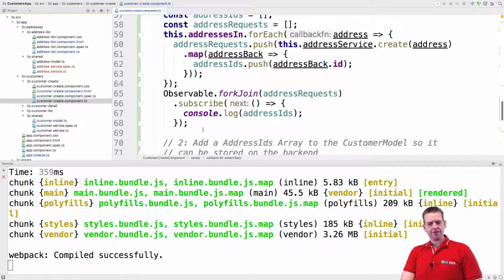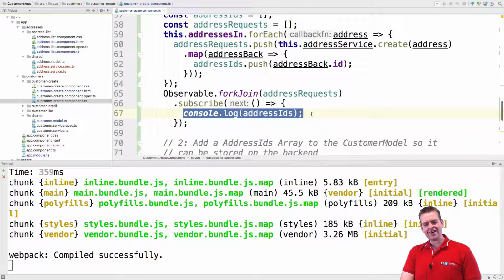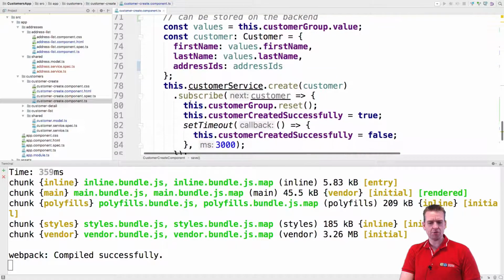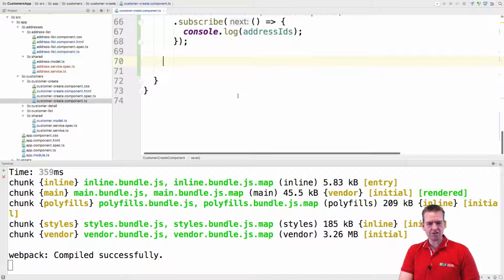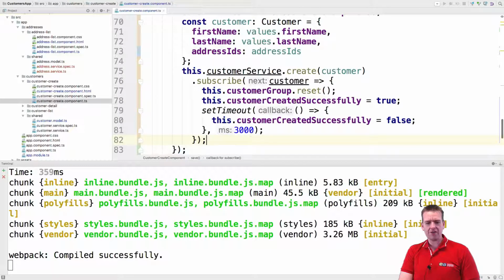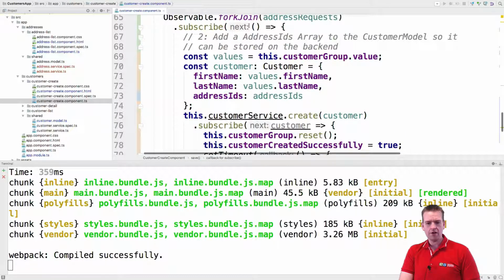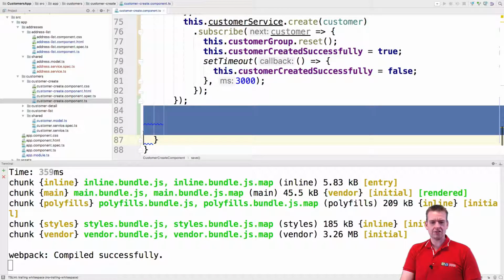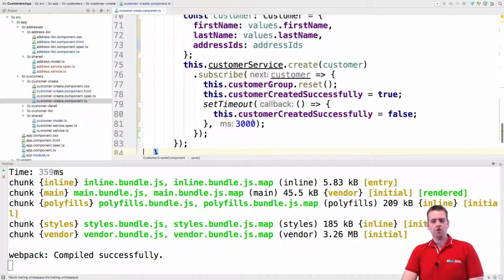So we just proved with this that we can now get in here. It doesn't get in here until we actually have all the IDs created in the database. So that's sweet. Now we can take all the code down here that creates the actual customer and copy it in instead of the console log, and then we are sure that when this is called, the address IDs will be populated. And that means it should really, for real, create the customer inside the backend with the right